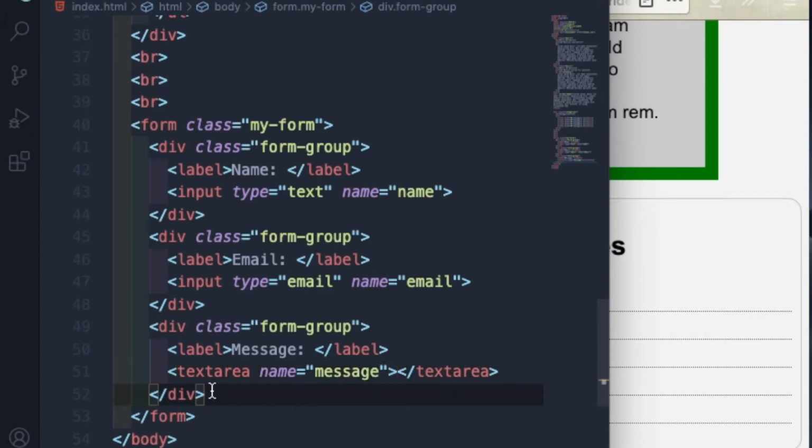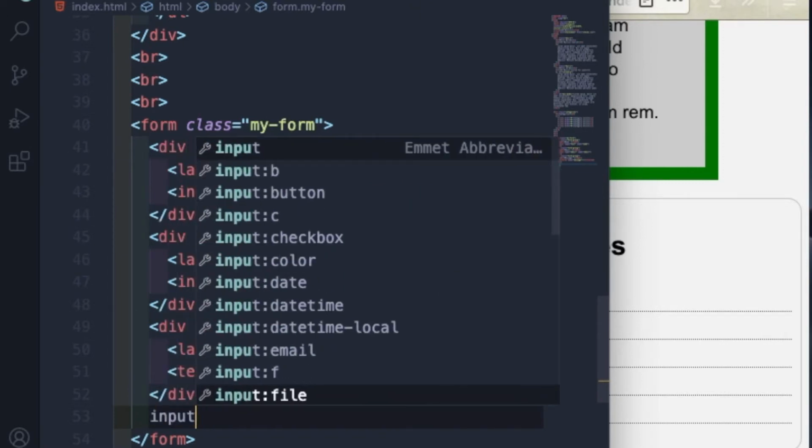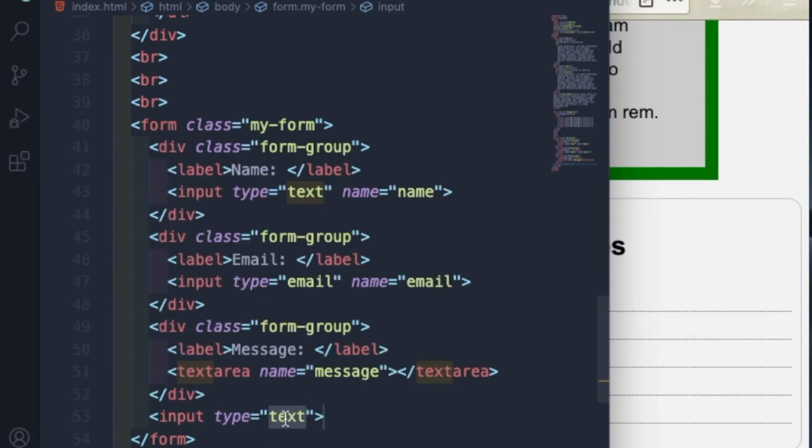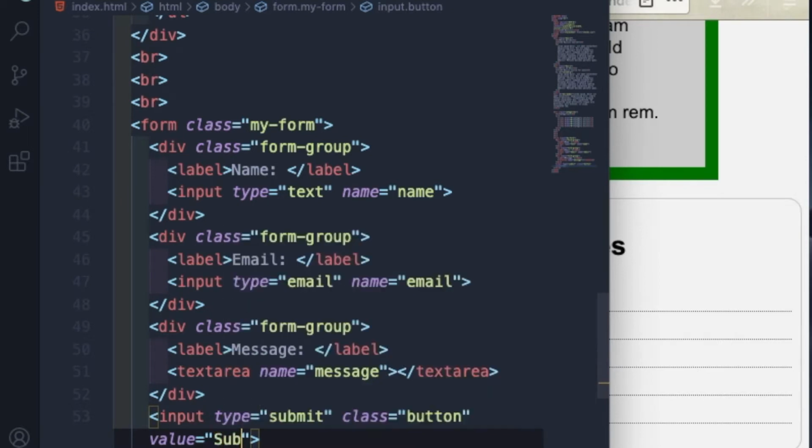Then an input, type will be submit. Let me have a class name. Class will be button because we are going to style with this class name. Value will be equal to submit. So if I save this,